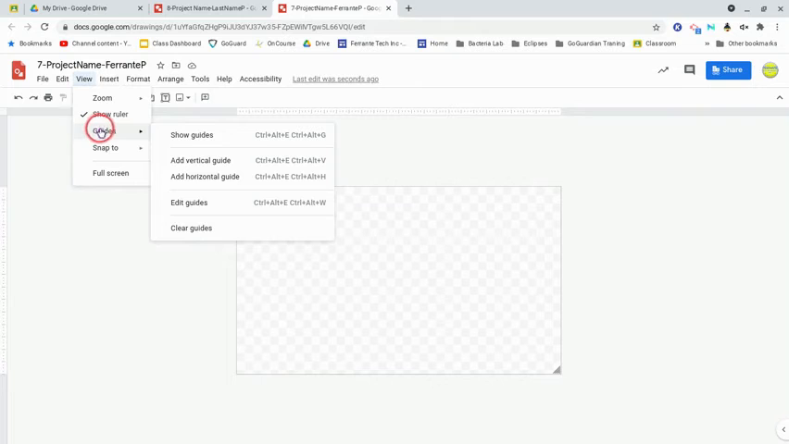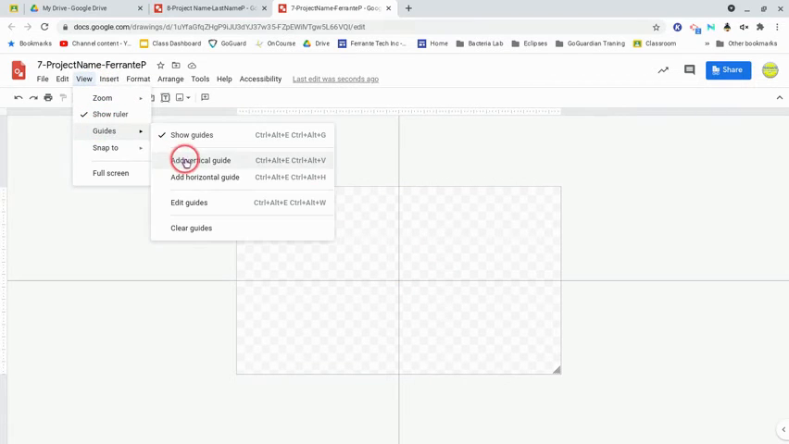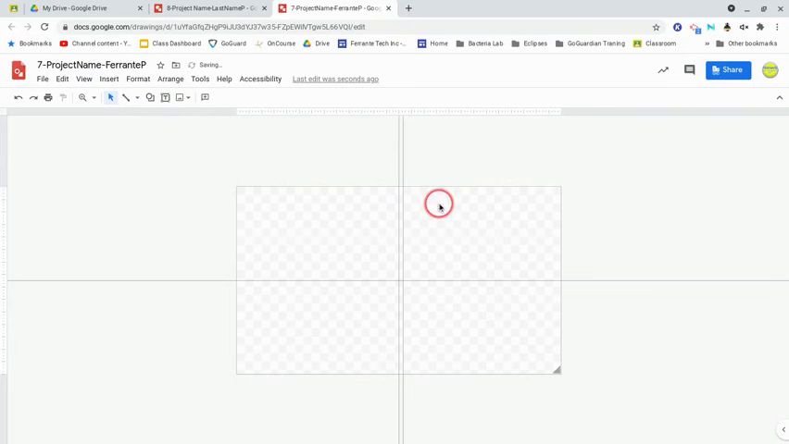The guides, if I hit show guides, you can see these are just guidelines. These will not print. They're invisible guidelines. They're just for you. And under that view pull down menu, you can add vertical guides and horizontal guides, and then you can just click and move them on your page, and you can see it uses the ruler at the top